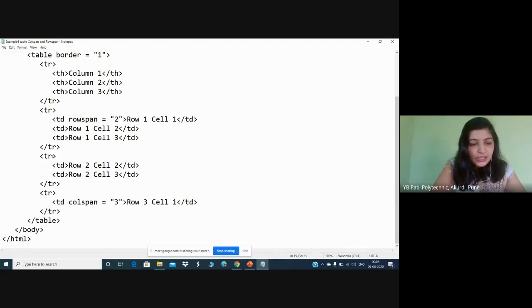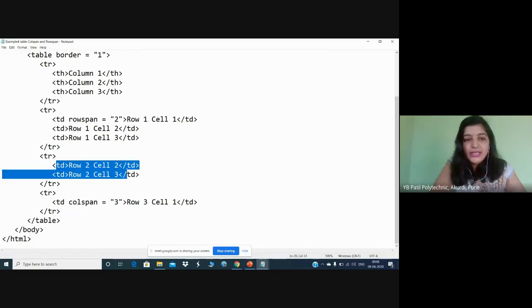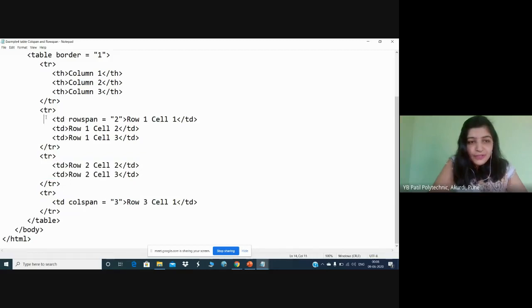Now on the third row, I have taken only two data. Why two data? On the first data, that is row 1 and column 1, I have merged two rows in a single cell. So the second row will be merged into the first row of your data table. Okay.